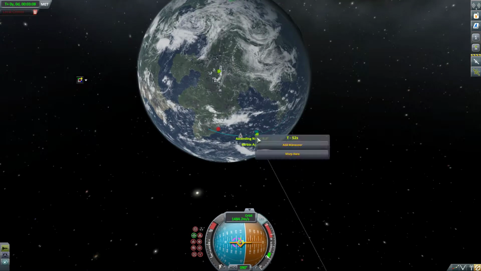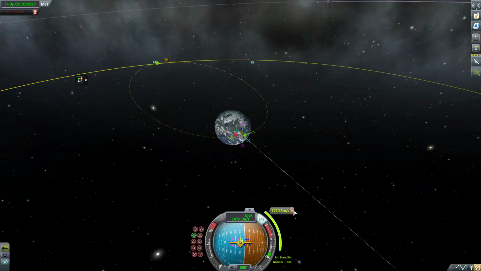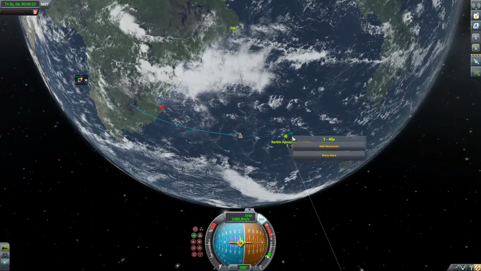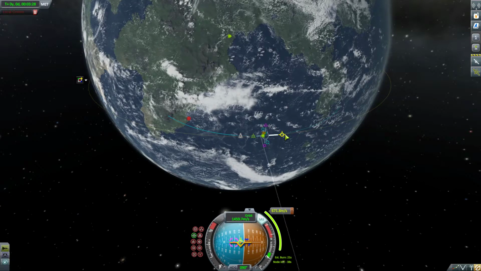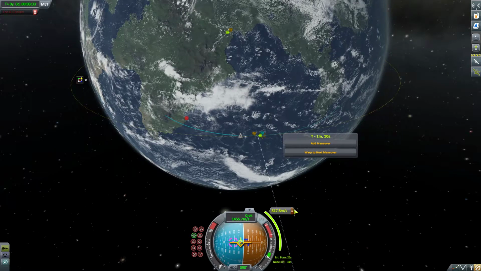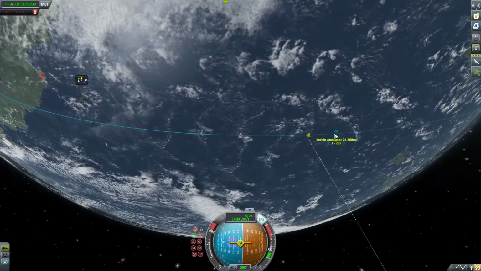But what happens if I say, let's just go for it right away? I might have to miss it. I'll have to go around and do it. So how much do I need to pick up just to circularize? About 800 or so. Okay, so let's just go ahead and...